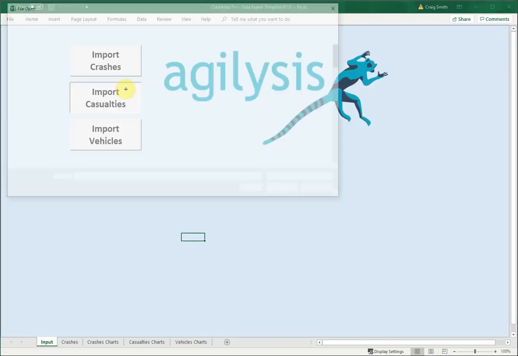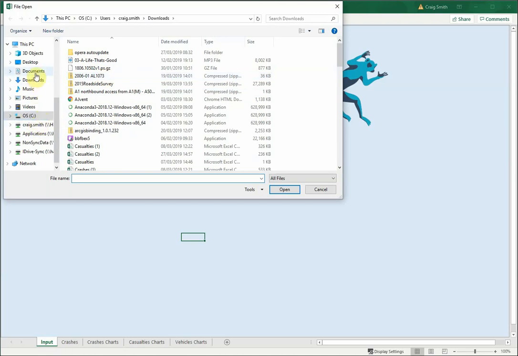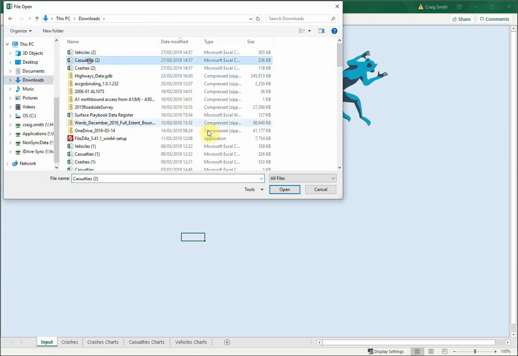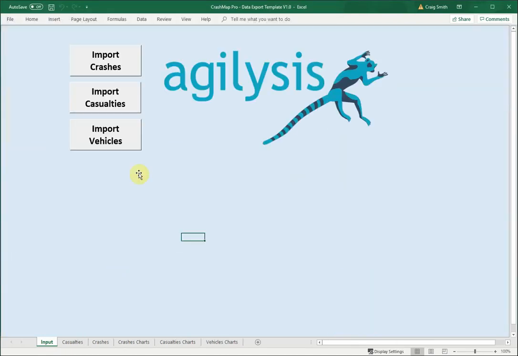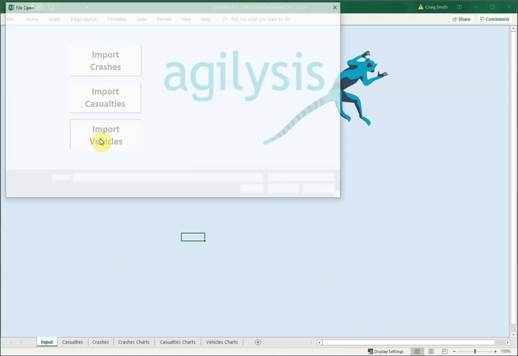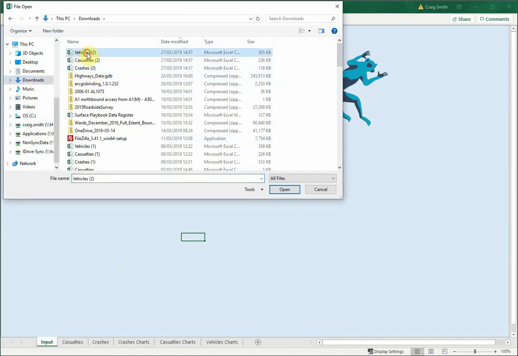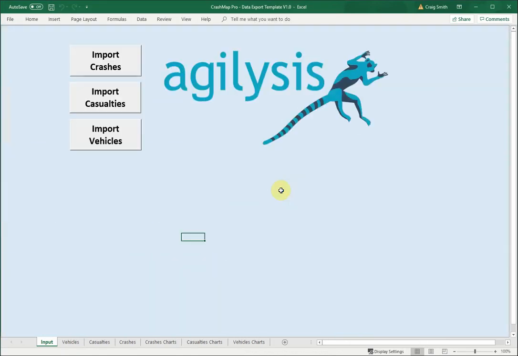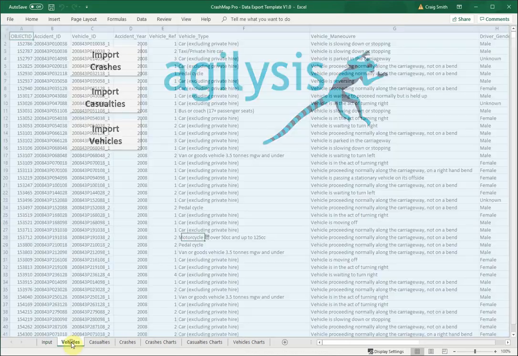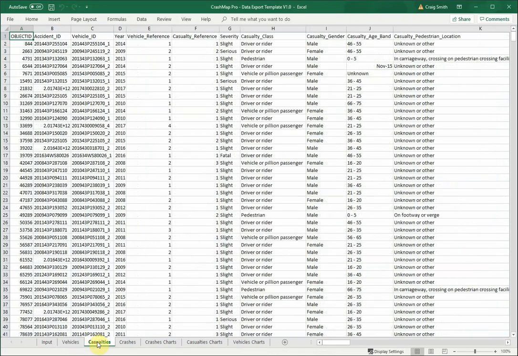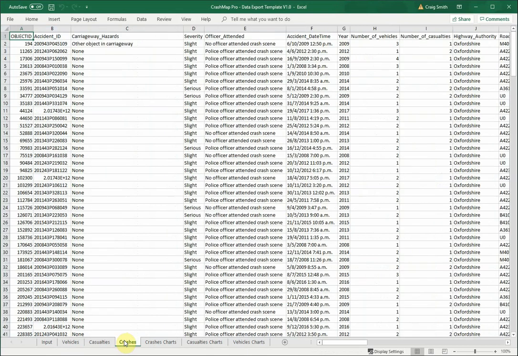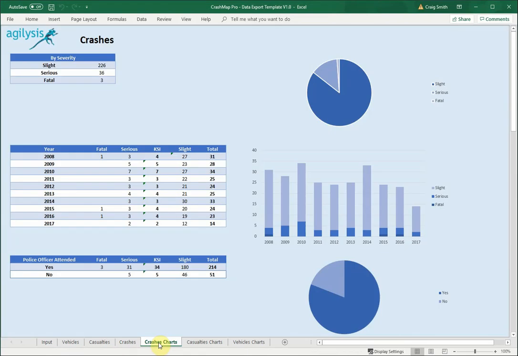We can import the casualties too. So Downloads, Casualties, and the vehicles. There we go, so we have these three new tabs with the downloaded data, and alongside these there are crashes